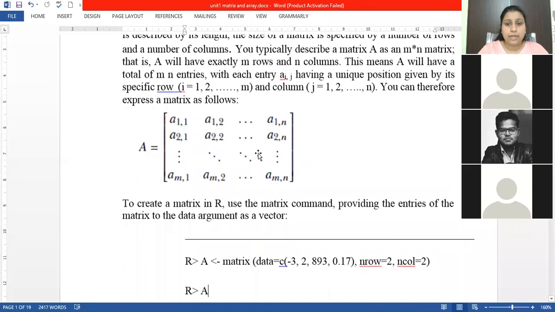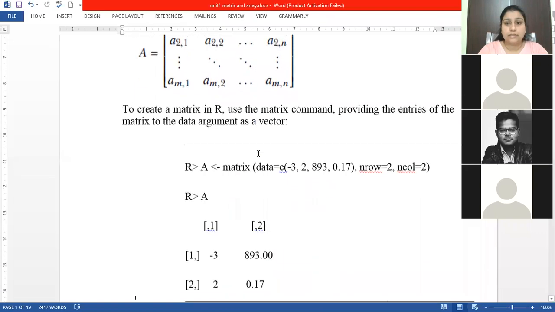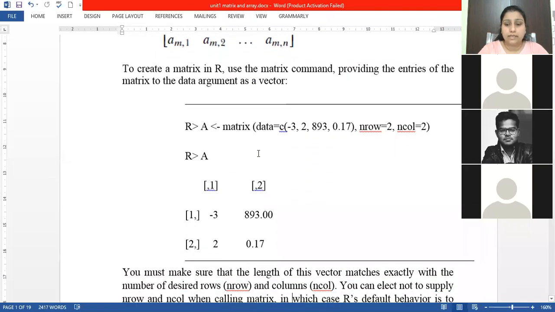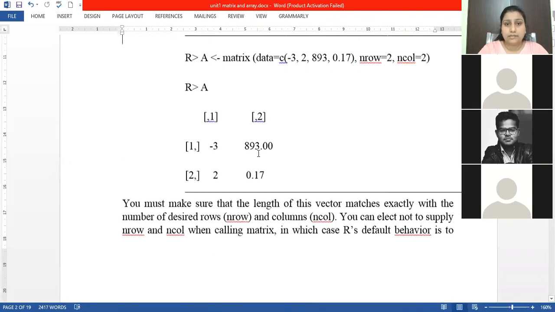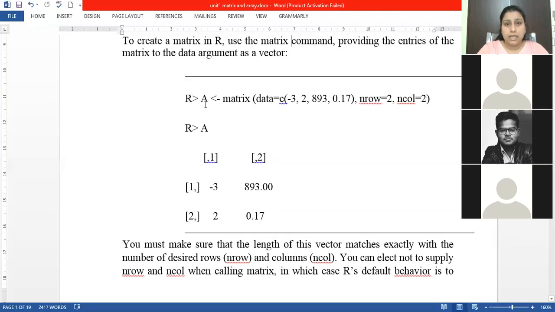How will we store a matrix in R? To store a matrix in R, we use a syntax called matrix. Here I have taken a variable. In R, a variable is called an object. We've taken an object A, and in this object we are storing a matrix.